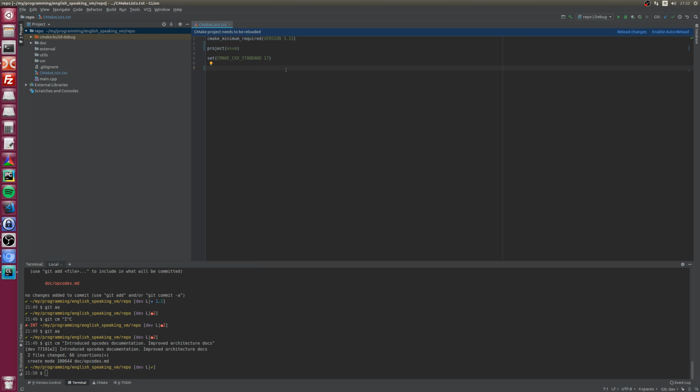So remove this, and now add subdirectory external, cool, add subdirectory our virtual machine, and the utils as the last one. Okay.